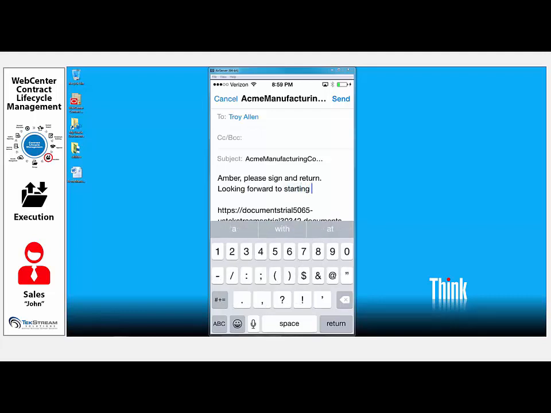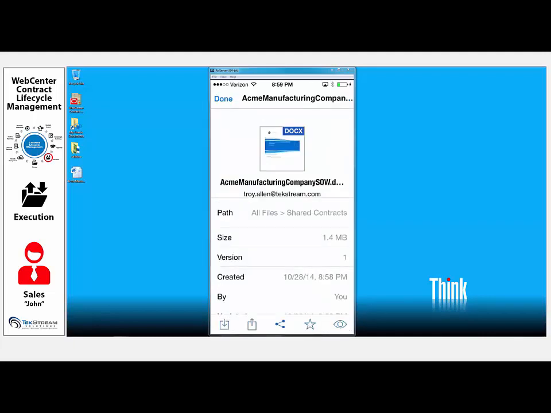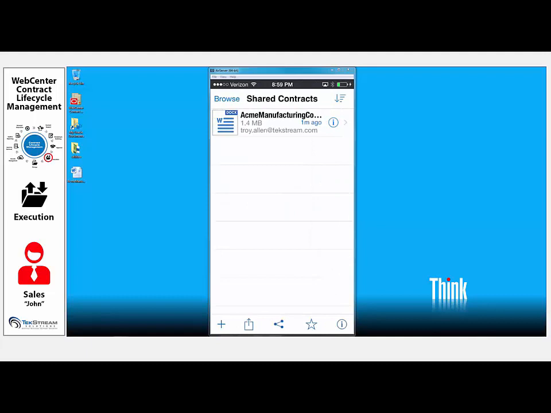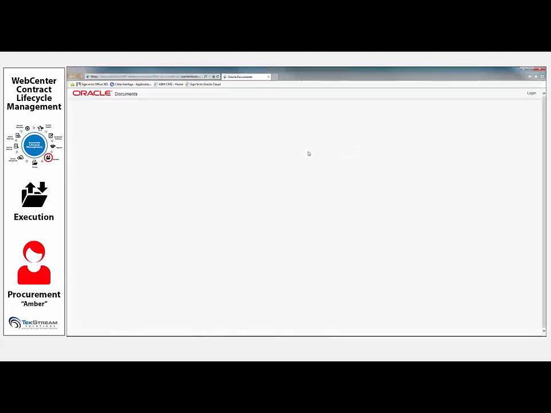Now that that's been sent, we're going to change gears to actually be Amber. She'll notice in just a moment the email come up in Outlook. You'll see that there is a link that points to the Oracle Document Cloud server. So she simply clicks that link and it launches into Oracle's new cloud-based document repository, which is based off of